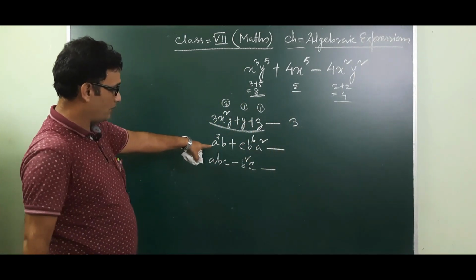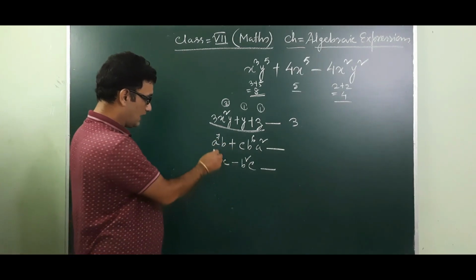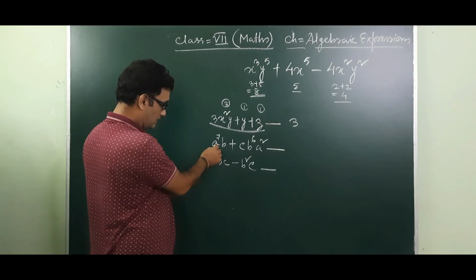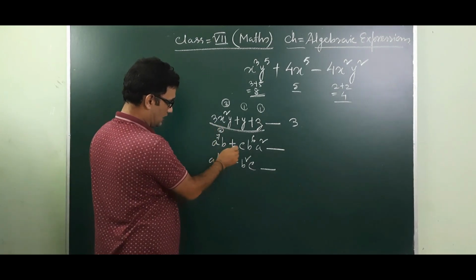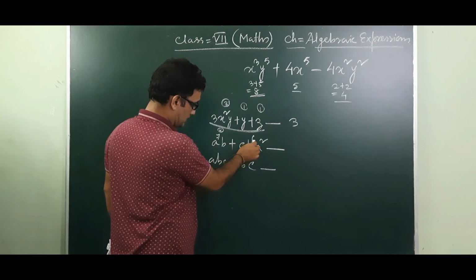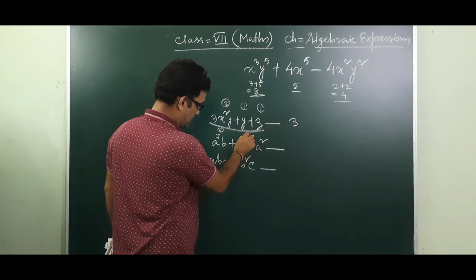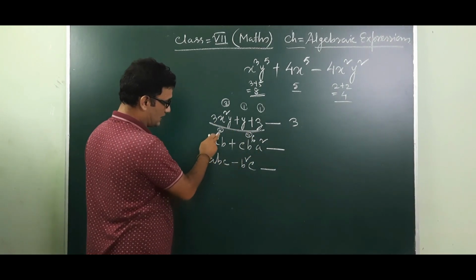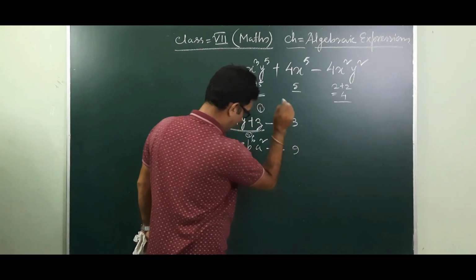Now you see here how many variables? 1, 2 and 3 variables are there. Then here you see 7 and 1. 7 and 1 means how much? 8. Then here 1, 6, 2. That means 1 plus 6 means 7, 7 plus 2 means 9. So which one is greater, 8 or 9? 9 is greater. That means the degree of the algebraic expression will be 9.